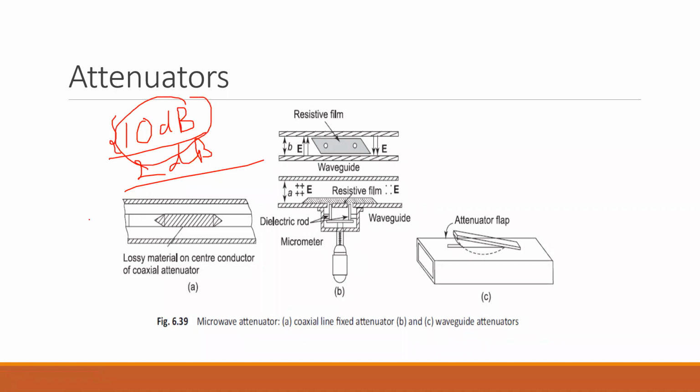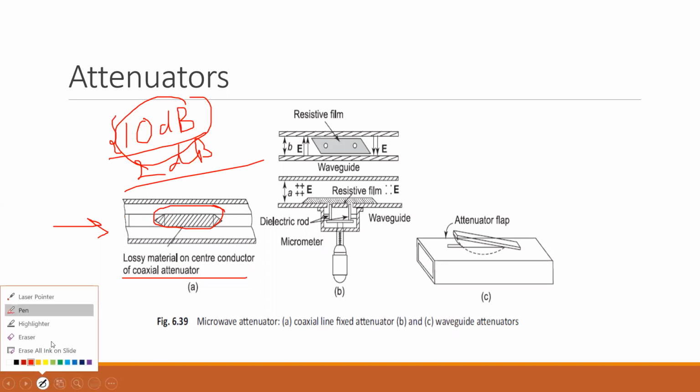It will be fixed. If you're passing some signal or wave through this waveguide or the material, this resistive material which is there is a lossy material, due to which some amount of the incident wave's energy will be absorbed by that resistive or lossy material. This is generally seen in your coaxial attenuator. Even in your waveguides you see these kinds of attenuators wherein a resistive element is present, which acts as a lossy material. Say it might have an aquadag coating on it, which helps in introducing the attenuation, or reducing the strength of the signal we are passing.